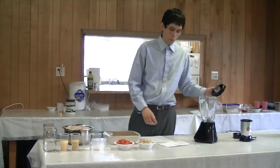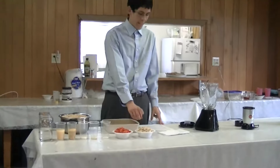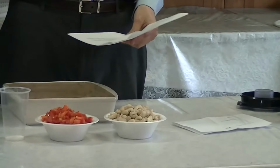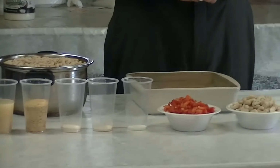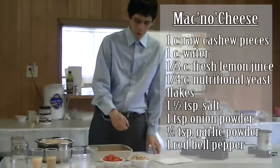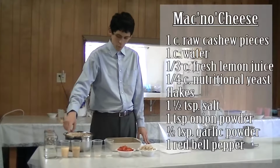What we're going to need is 1 cup of cashews, and for the recipe that we all have, everything you see here is simply doubled, but on the recipe it will work the same. This is one of those really useful recipes that you can double the ingredients and it'll work out very well. So you have 1 cup of cashews, you have 1 cup of water,